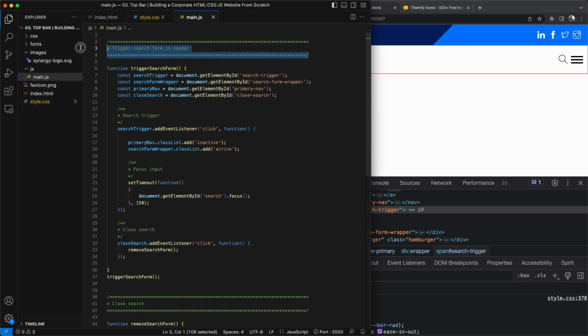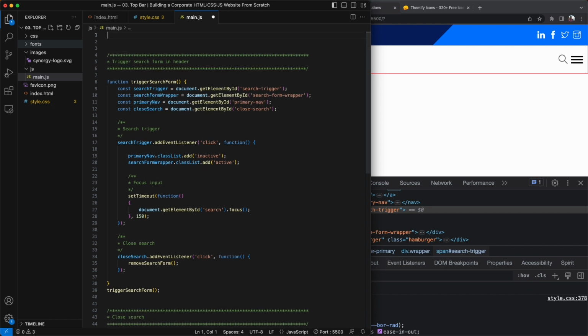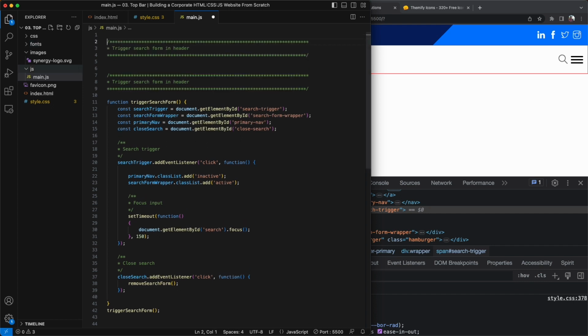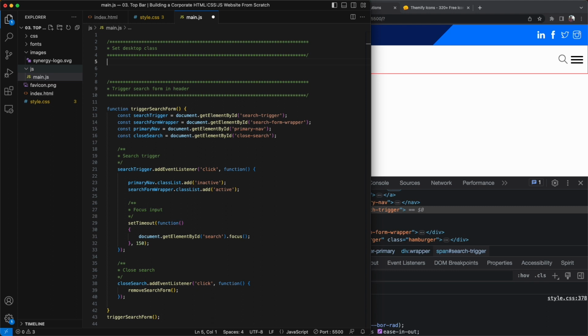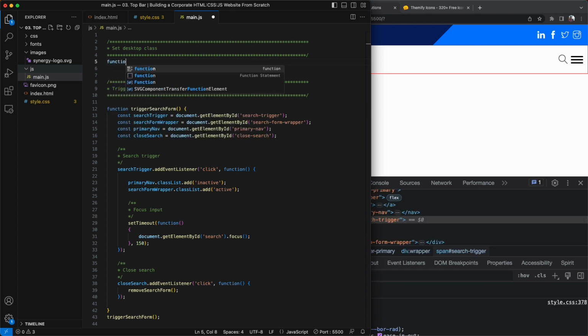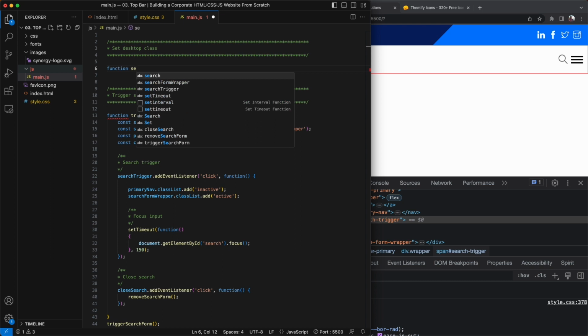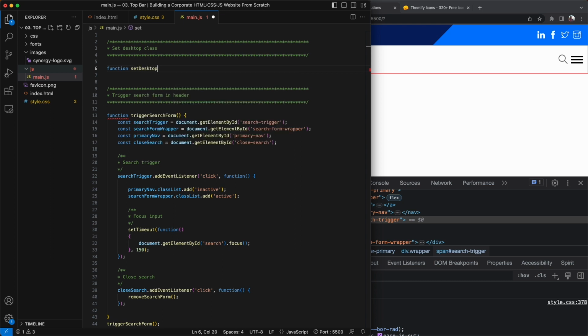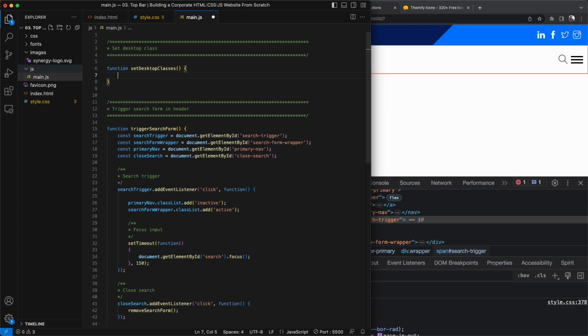So let's copy and paste our little commented area here and paste this at the very top. And we'll call this area something like set desktop class. Then we'll create a function called set desktop classes, and do this. So first off, we're going to use jQuery as it's installed, and we're going to say something like